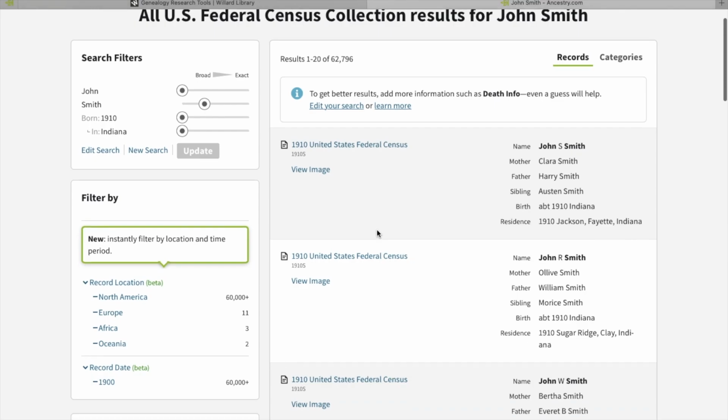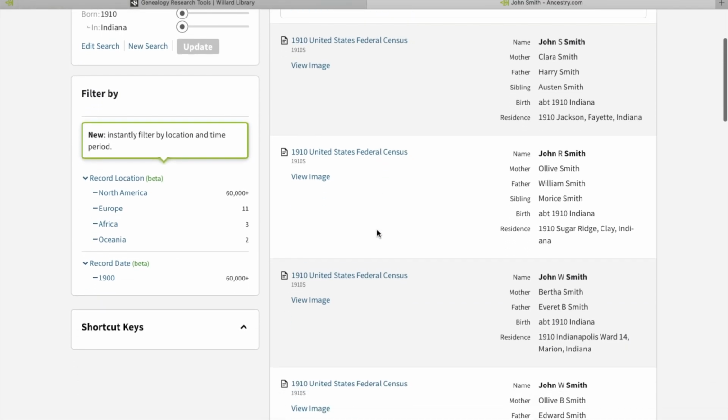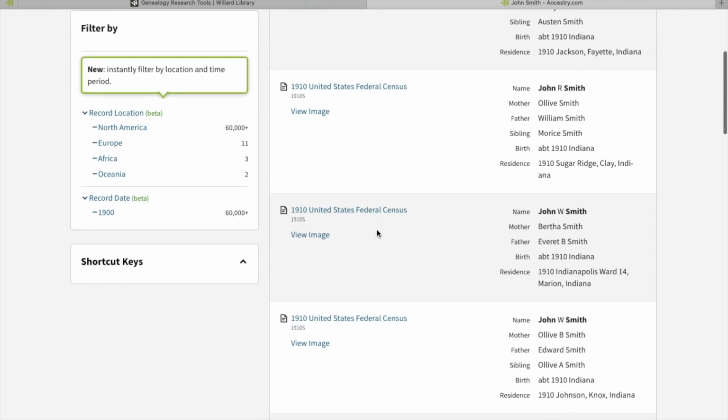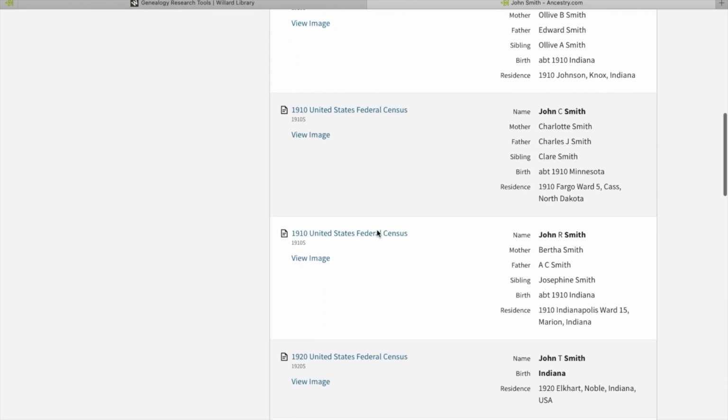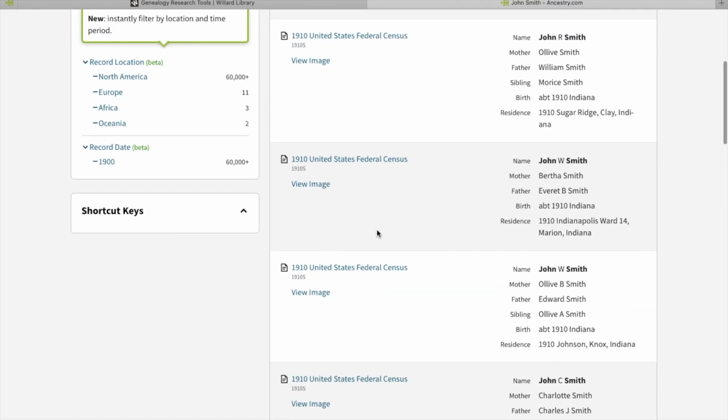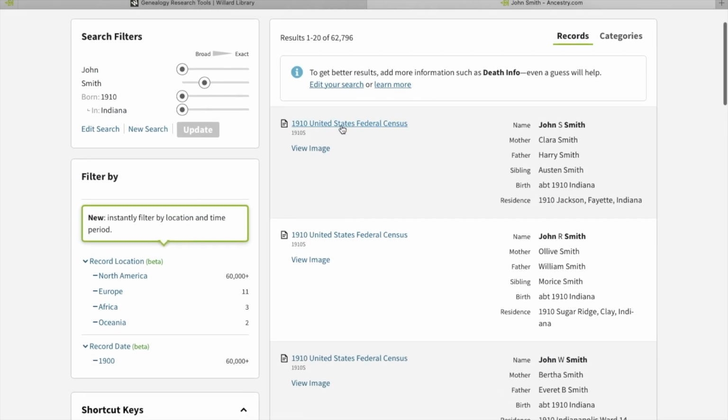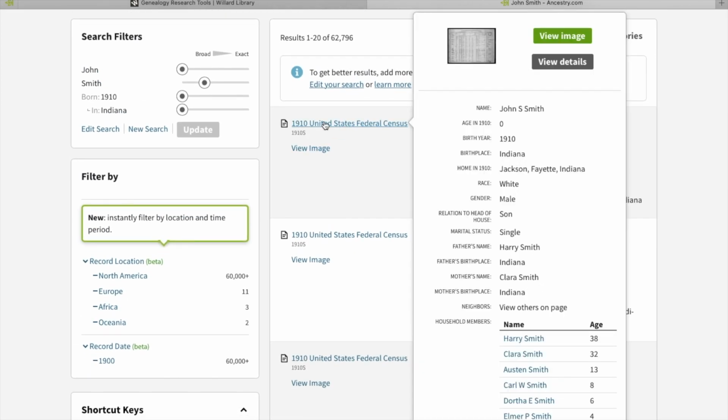And there we go. Look at all of these John Smiths who lived in Indiana and were born in 1910. So we're going to choose one of the censuses. How about, we'll choose this one. And assuming that this is our guy, we just hover our mouse, we don't have to click, and we can